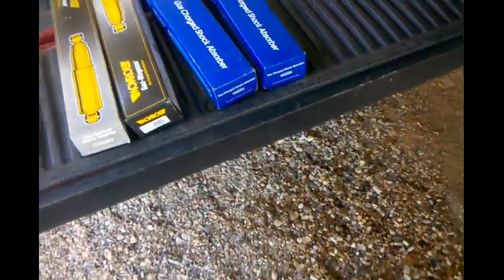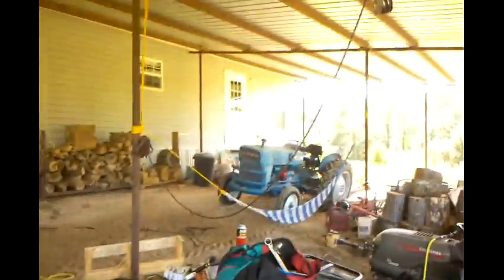I do a bit of towing, not a lot, but enough, especially when I'm hauling that big thing around over